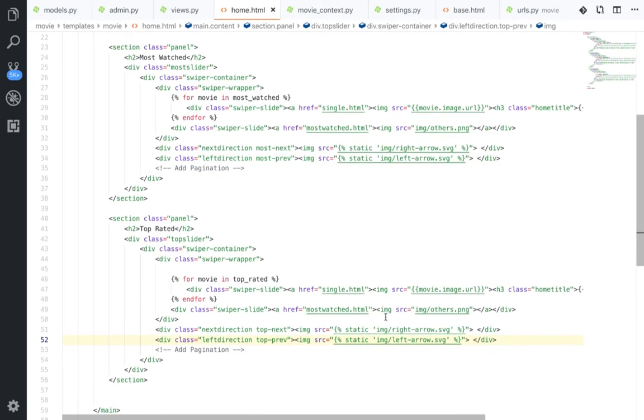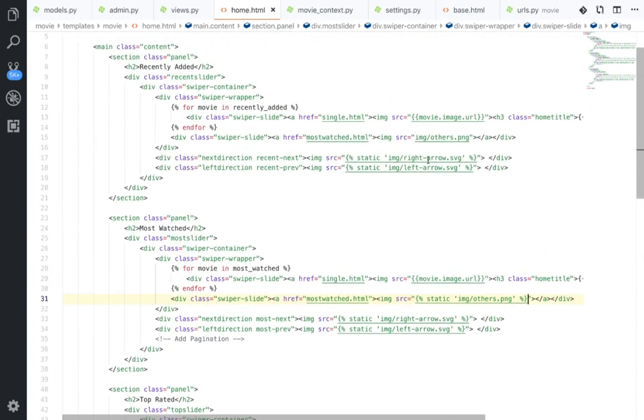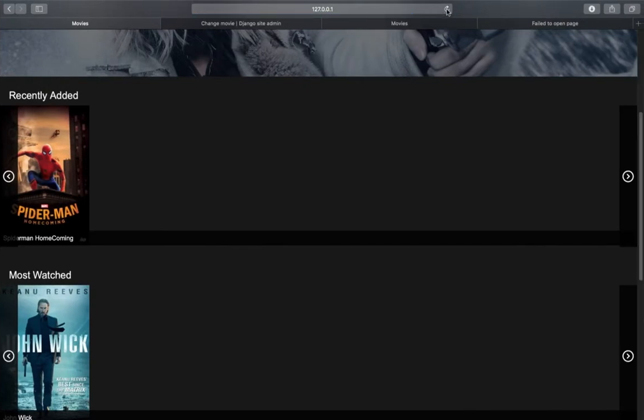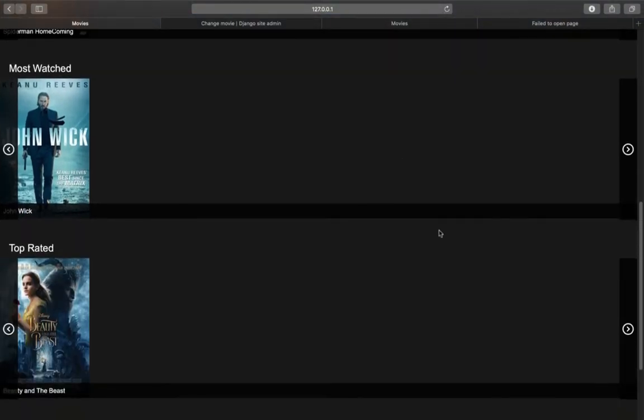And for the other, we need to edit also the other images. So let's copy it and edit in here, and edit also in here. Now let's refresh. So now we have the slider,